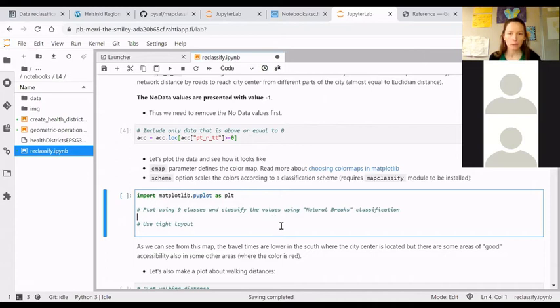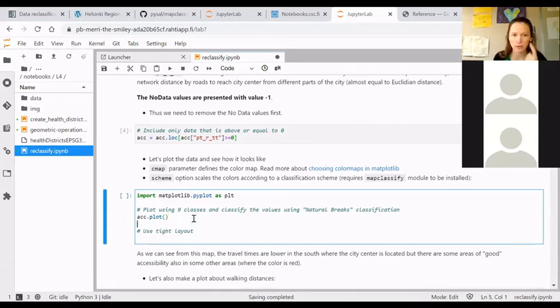So let's start by creating the first map. We import matplotlib to have some additional functionalities available, but mostly we can do things using the geopandas plotting commands. So we want to plot this public transport rush hour travel time column. And then in this geopandas plotting